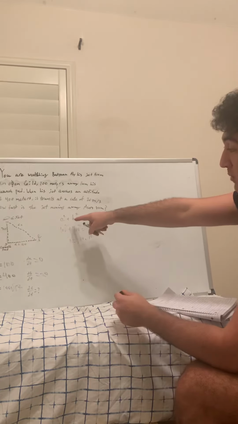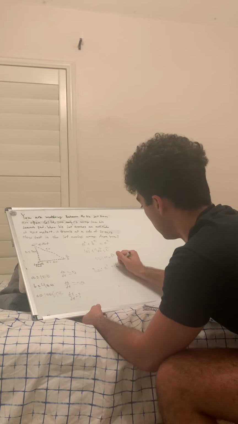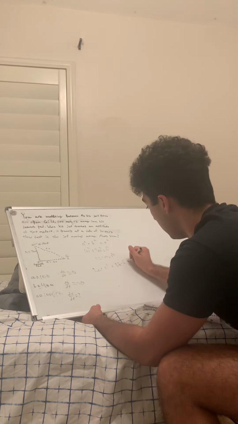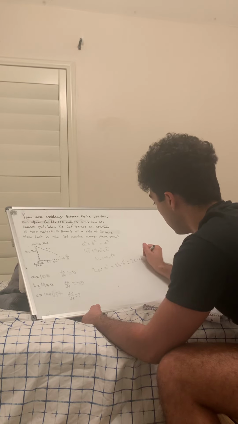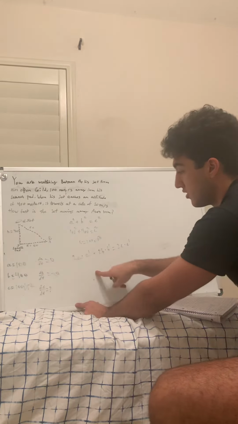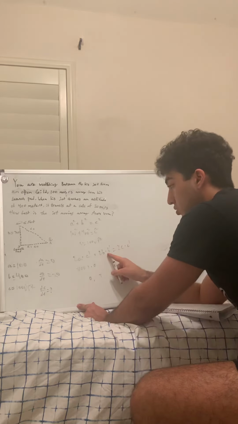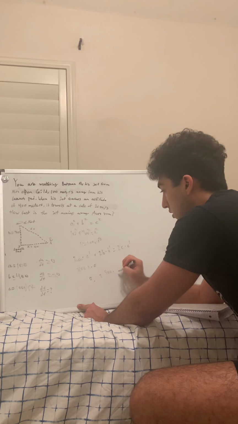So then you can take a squared plus b squared equals c squared and just take the derivative. That'll give you 2a times a prime, plus 2b times b prime equals 2c times c prime. And then from here, all you gotta do is just plug in your values. So 2a is 100 times 2 times 0, which is just 0, plus 2 times b, so 800 times 20,